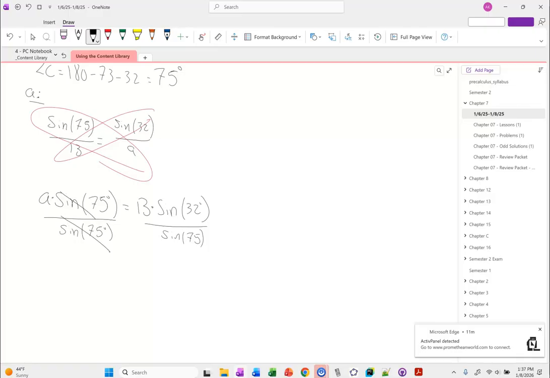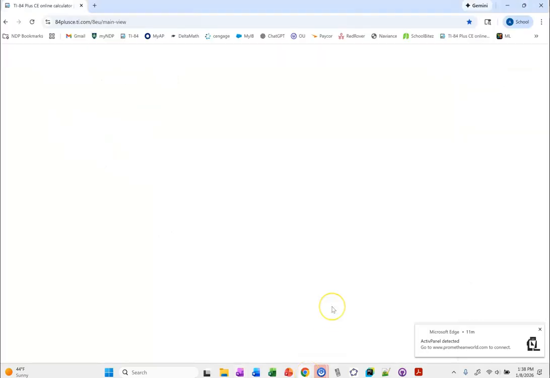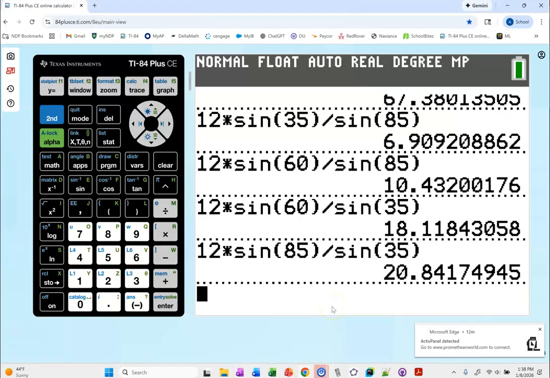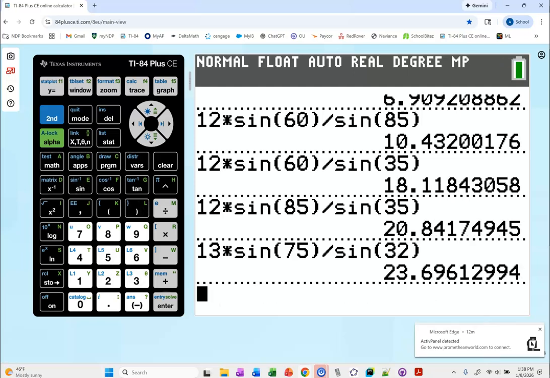What time is it now? Calculator time. Yeah, let's grab that guy. Okay, so we had 13 times sine 75 divided by sine 32, I think. So I got